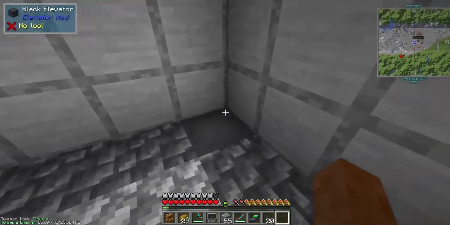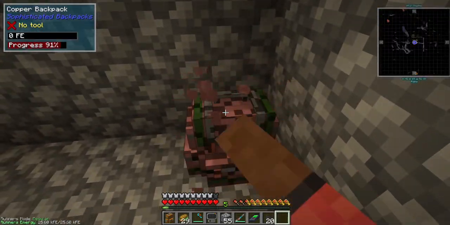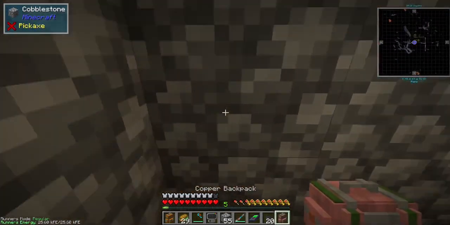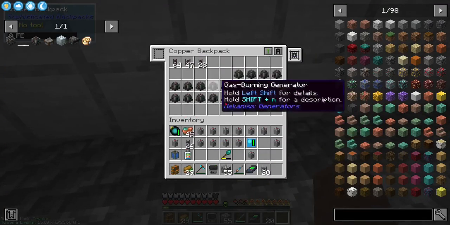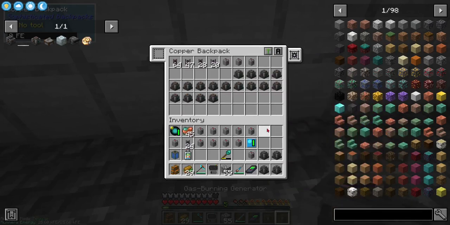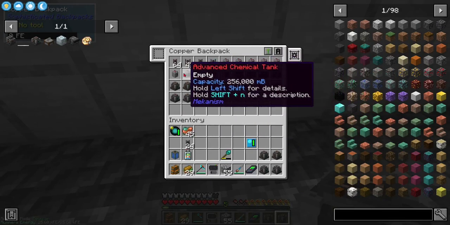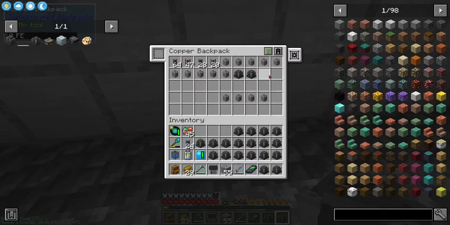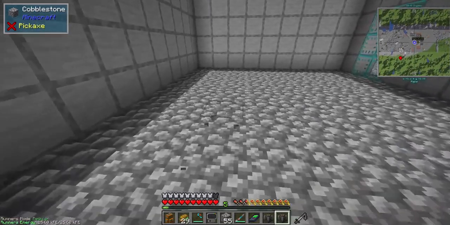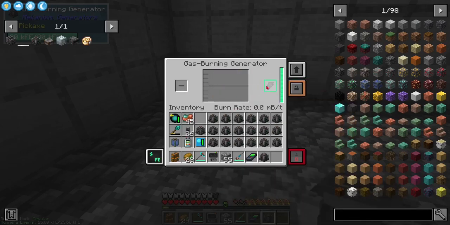But now, actually I need to bring the backpack. Because up here, we will have the gas burning generators. And I'll put all these extra tanks in here because I guess I'm not going to use them. They're all empty, right? Yeah, good. They don't take any byproducts, so...